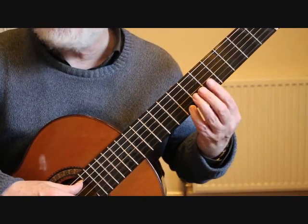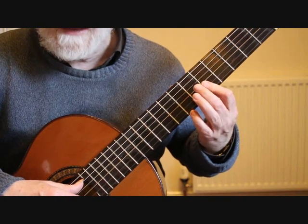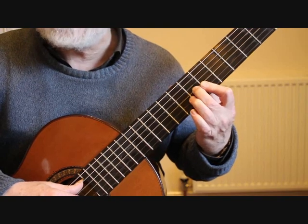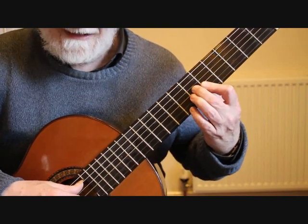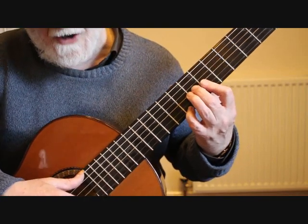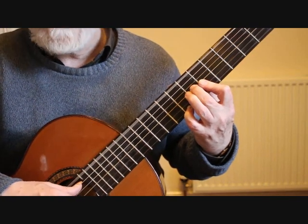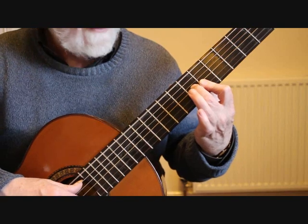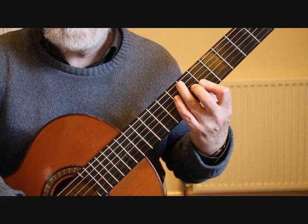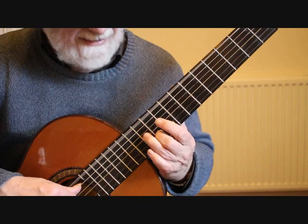Drop down to the 5th position, and we're doing a partial bar across 2 strings at the 5th fret. We place the 2nd finger on the 3rd string 6th fret, giving us C sharp, and the little finger on the 1st string 7th fret, and we're playing the chord along with the 6th string bass. Repeat that bass note, and then taking the little finger off gives us the 1st string at the 5th fret, A. So those first 2 bars are, slide up,